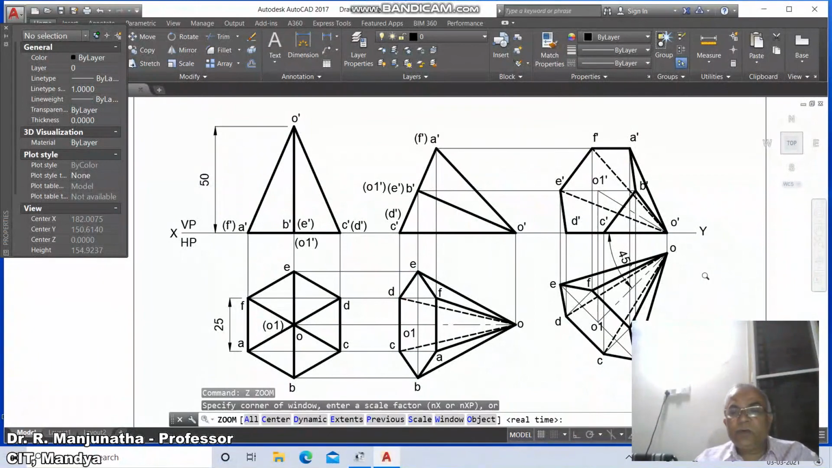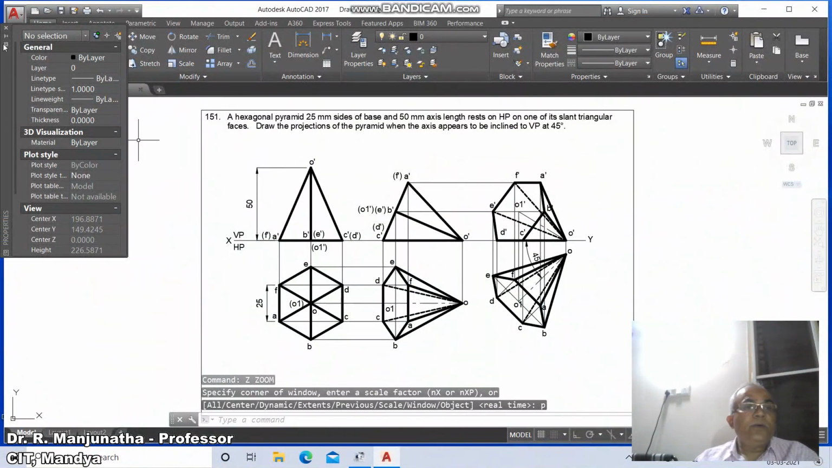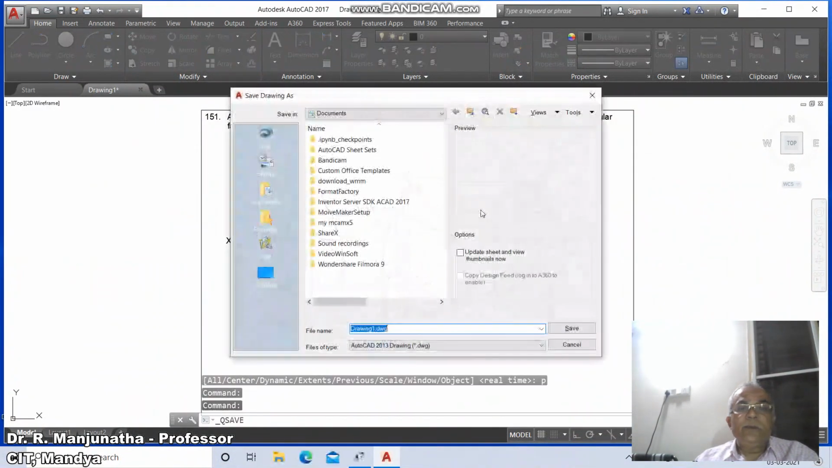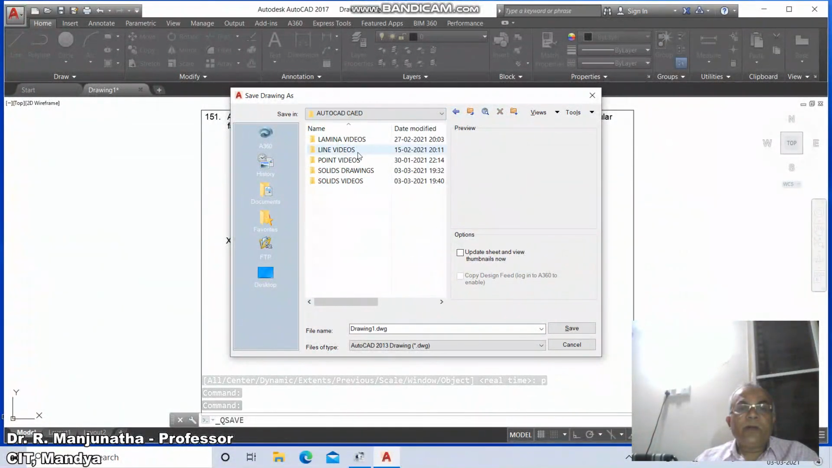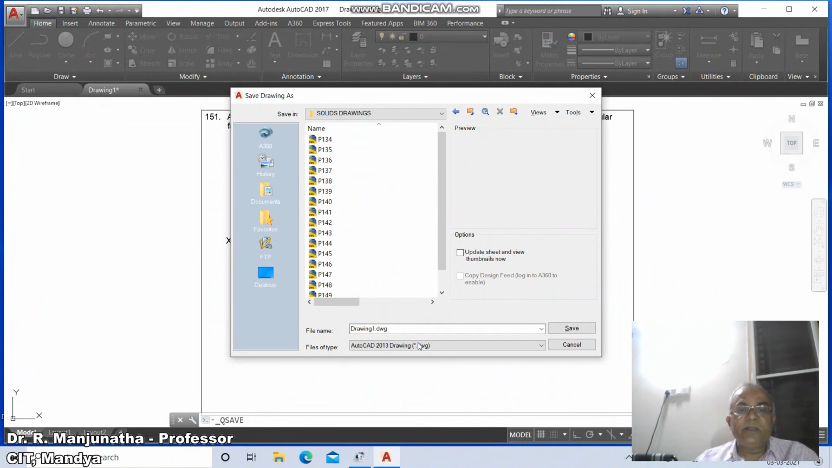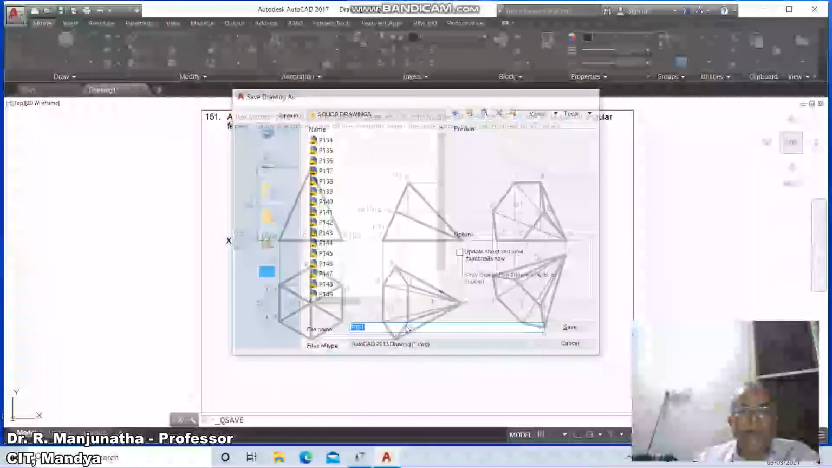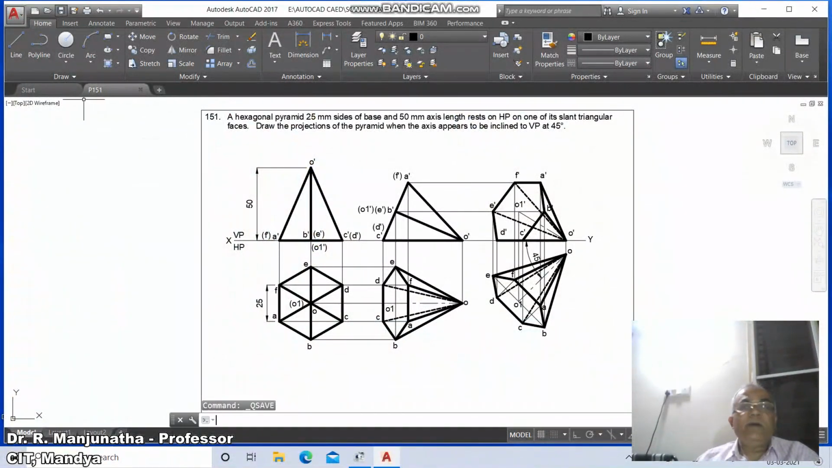Once you do that, then go to zoom previous, and then go to save, go to appropriate drive, go to AutoCAD, go to solids drawings, and type capital P 151 and save it, and then finally you